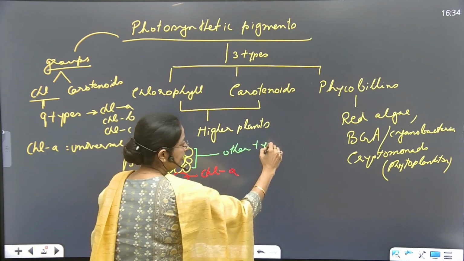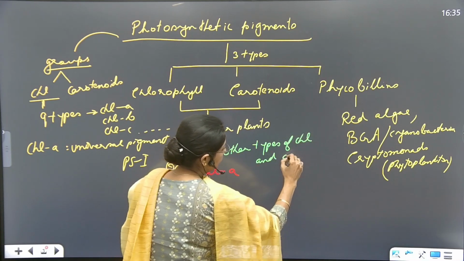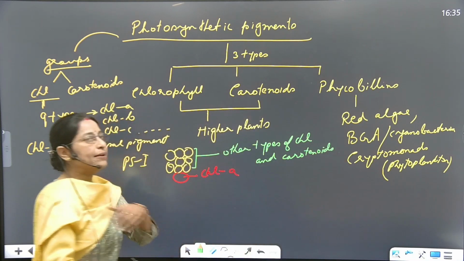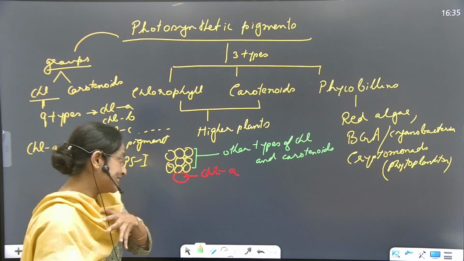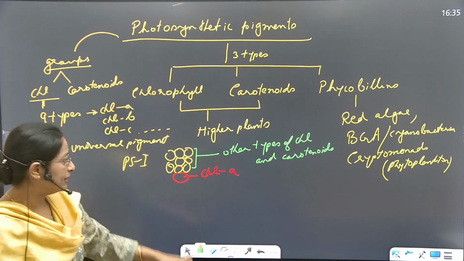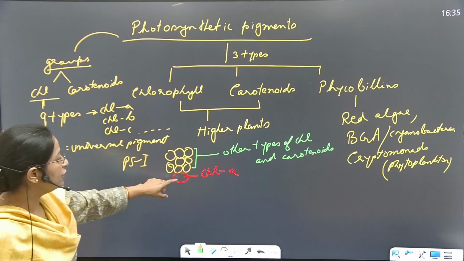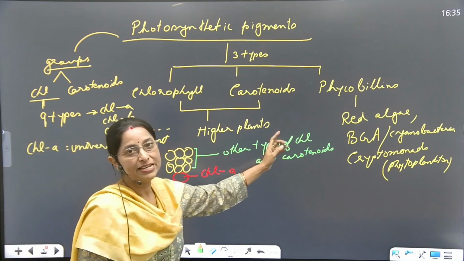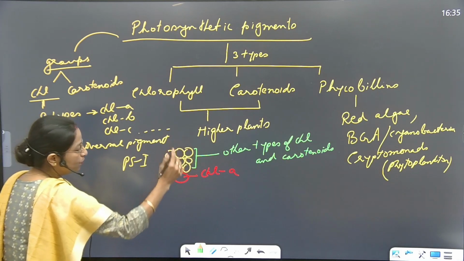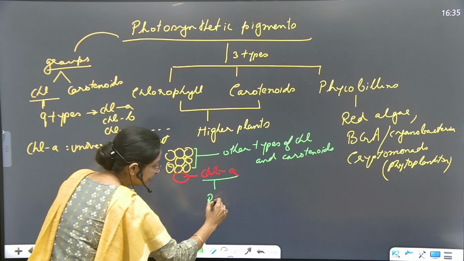Other types of chlorophyll and carotenoids. Later we will study that carotenoids are of 2 types, carotene and xanthophyll. We'll study that later. I think it's clear. So light is taken by the pigments, and the pigments are arranged in the form of a group. In this group we have chlorophyll molecules, other types of chlorophyll like B, C, D, and also carotenoids. And in this entire group of pigments, we have one important pigment called chlorophyll A,